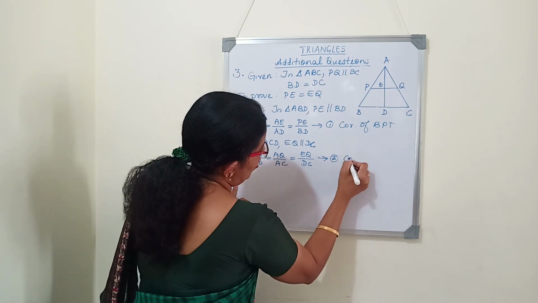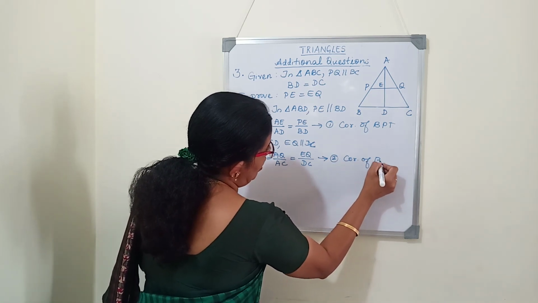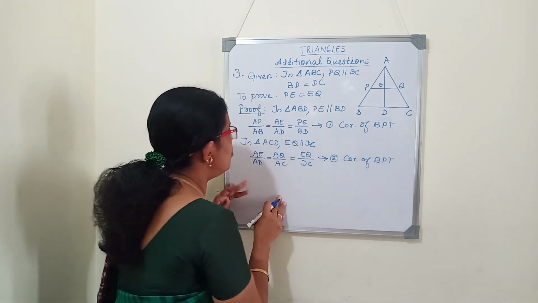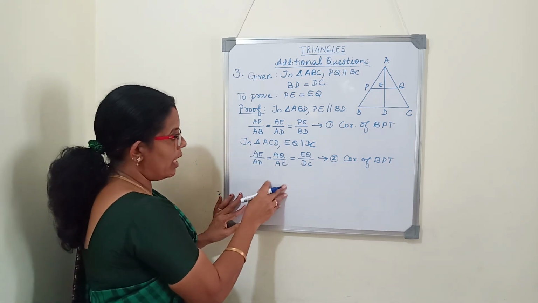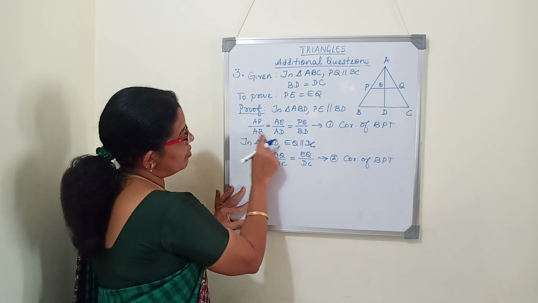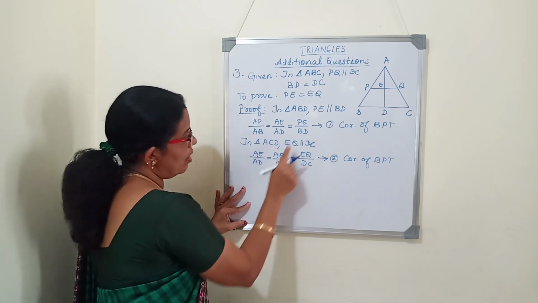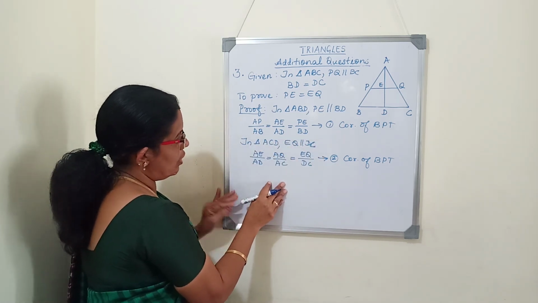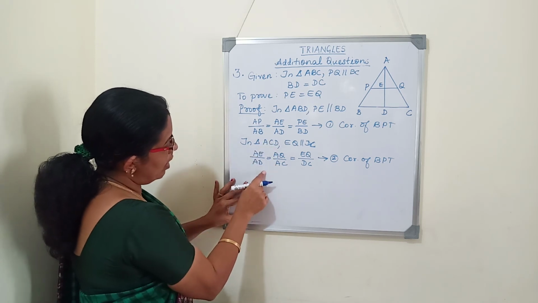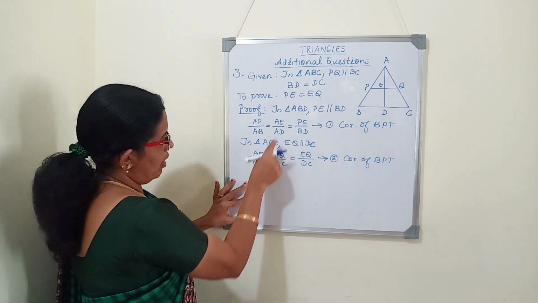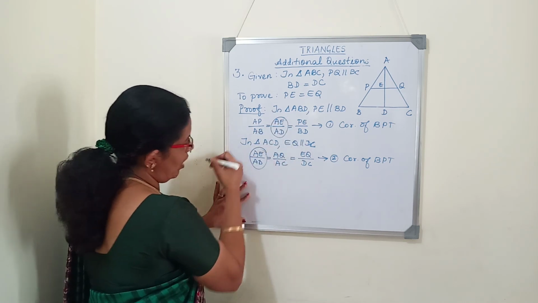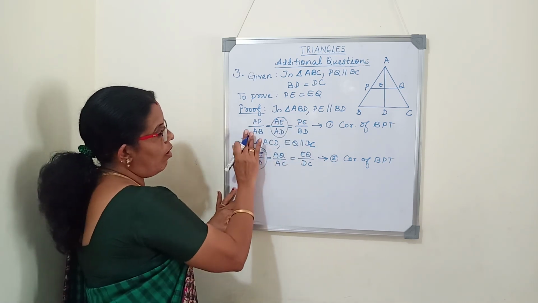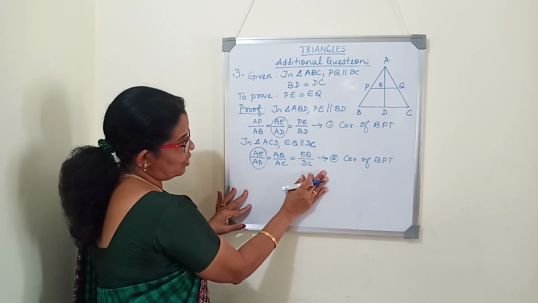Now normally when we write two equations, if the RHS are equal, we'll say LHS are equal. But here in each equation we have three fractions. So we cannot compare all the fractions. Now we see which is common in both the equations. AE by AD is common. See here also AE by AD is there. Here also AE by AD is there. That means all the 6 fractions, the ratios, are equal.